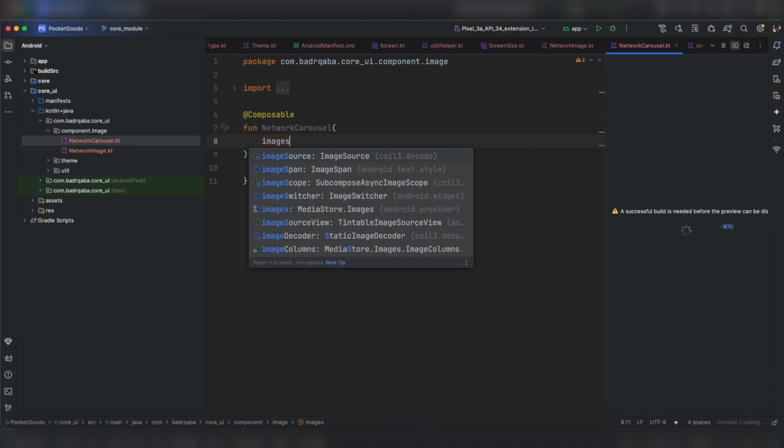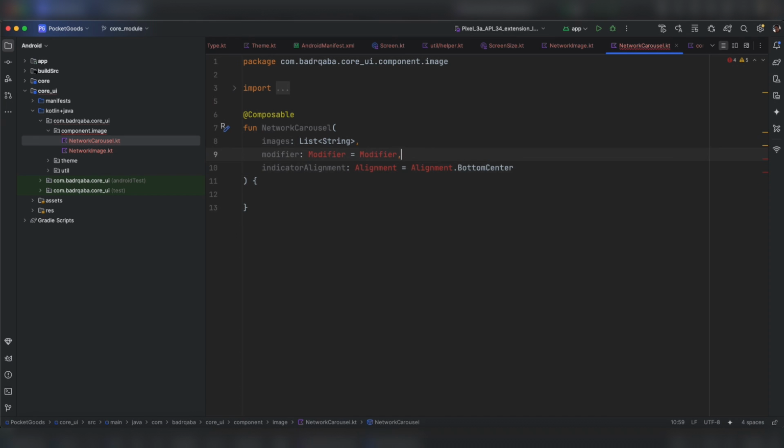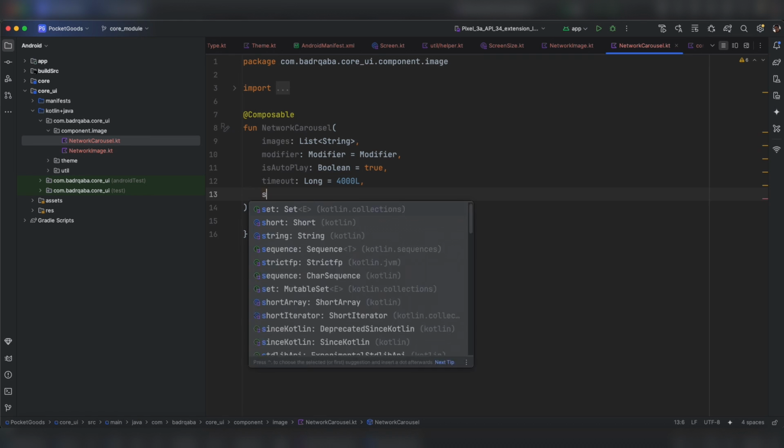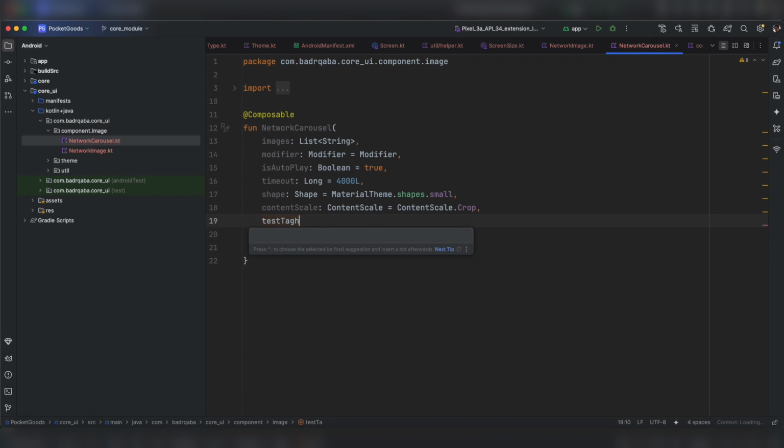Let's provide here images, the list of URLs, a modifier for reusability purposes, and isAutoPlay. The carousel will automatically scroll from one image to another without the user interaction. And timeout, the shape of the entire composable or the carousel, network carousel, a content scale, and a test tag